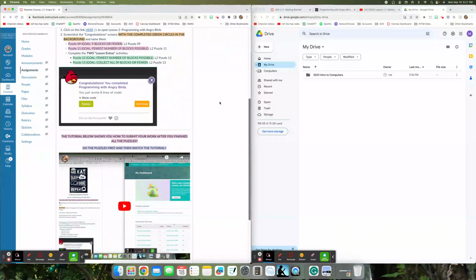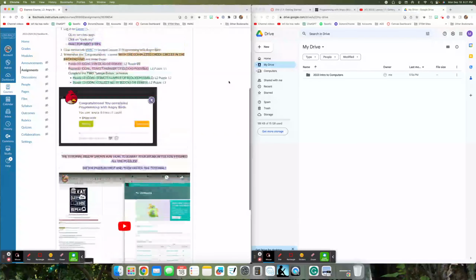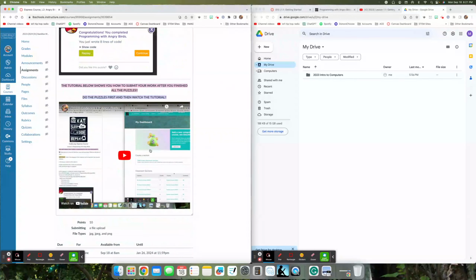other. Now, the information I'm going to share with you right now is how I would like your code.org screenshots to be submitted for all activities, not just for Angry Birds. So I'm setting you up for the rest of your activities for code.org. Okay, so what I want you to do before we do any of this, while you're watching this tutorial, on your Drive screen, is open up your 2023 Intro to